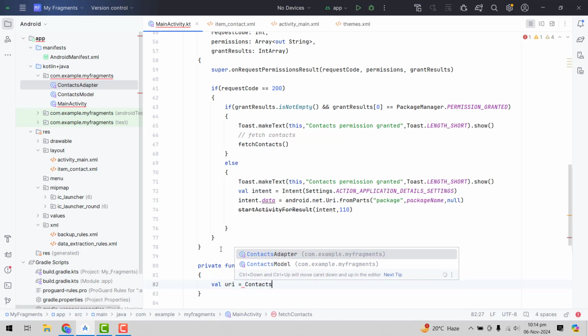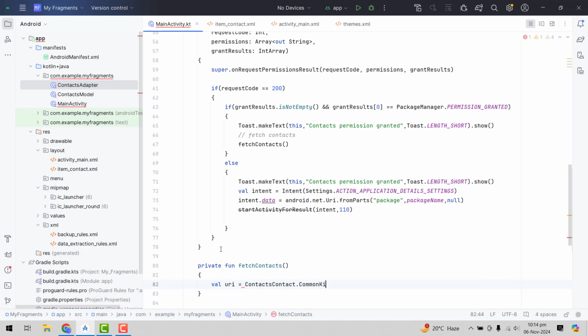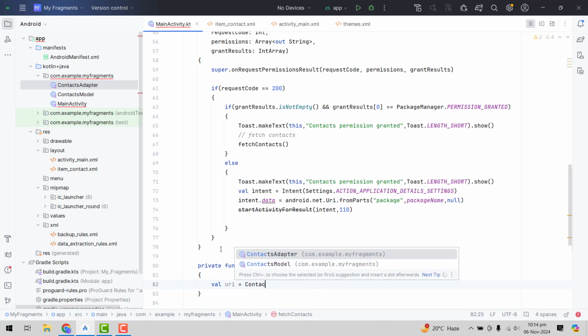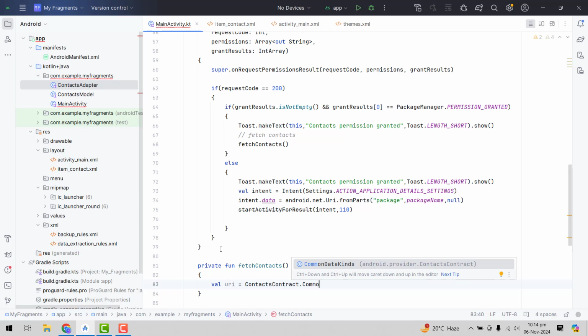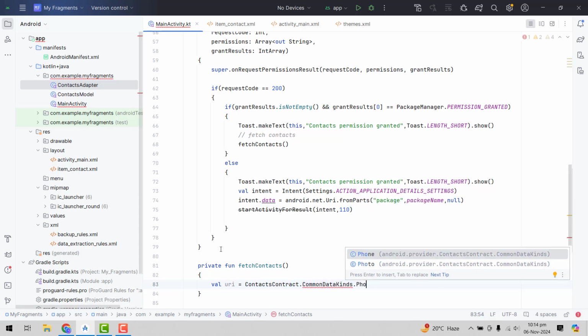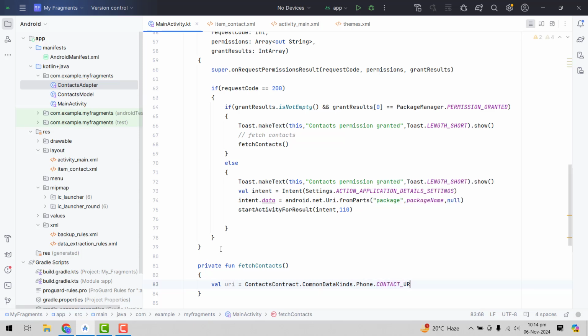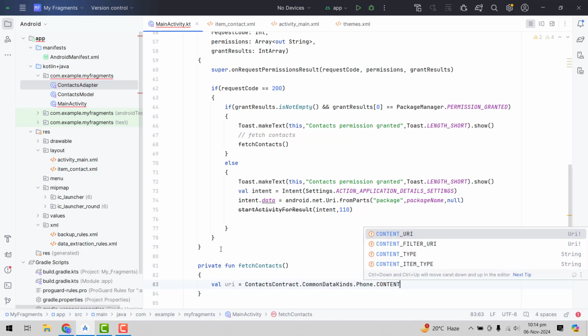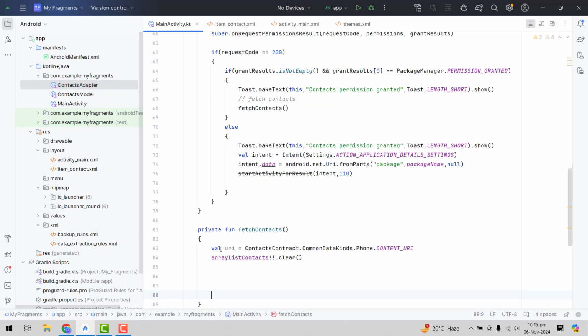So we can say ContactsContract.CommonDataKinds.Phone.CONTENT_URI, and then we first of all have to clear our array list, and after that